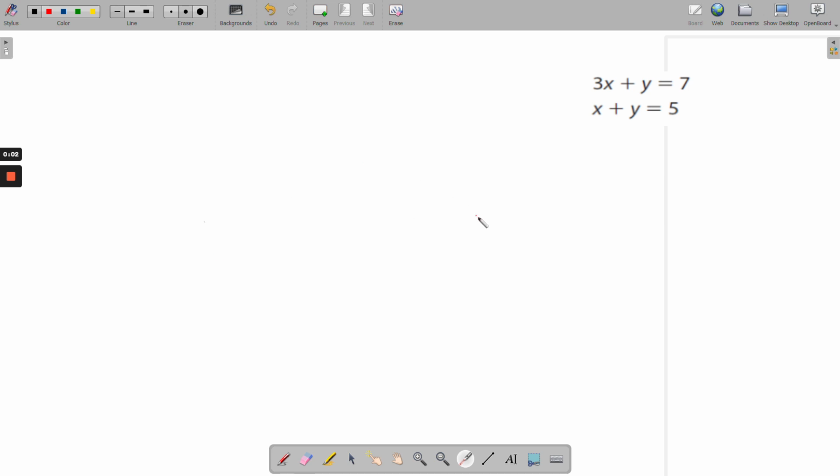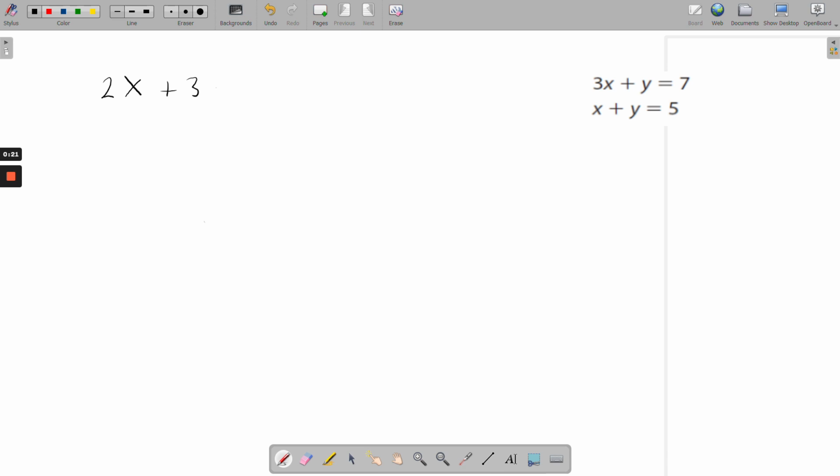So in this video, I'm just going through how to solve simultaneous equations. A simultaneous equation is just different to a normal equation in that it's got two variables. You can see you've got x and y. You know the regular equation, say if you had something like this, 2x